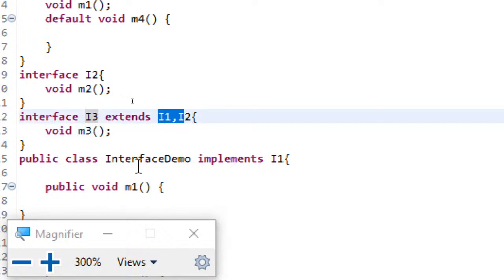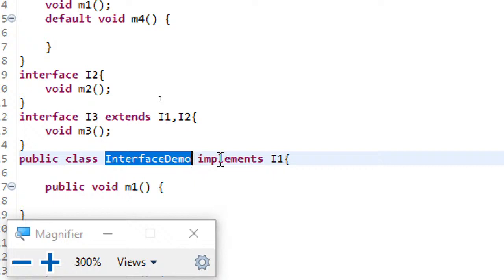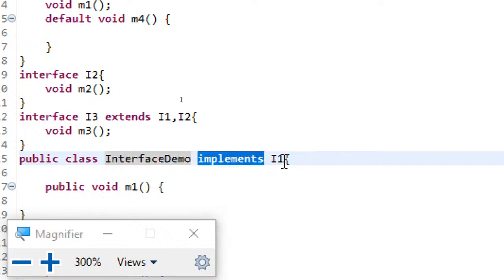And if I am using a class name followed by the implements keyword, then I can use only interfaces, any number of interfaces. Remember all these points, because these might look simple, but in the assessments you get confused if you don't have this basic knowledge. So just remember these points.